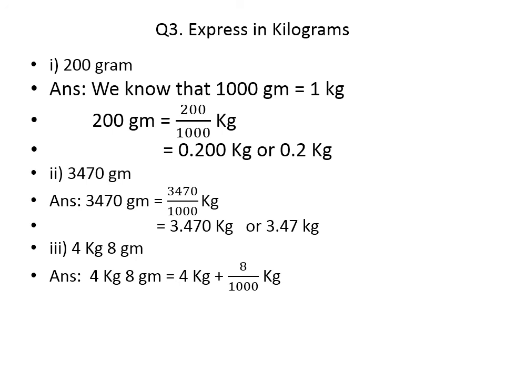So this is a little bit different. This is already given in kg. This you have to change to the grams. So 4 kg plus 8 over 1000. So there are only 1 digit, decimal place will come after 3 digits, 1, 2, 3. You can add 2 zeros, then put the decimal place. So this is equal to 4.008 kg. This is all about the exercise sums.